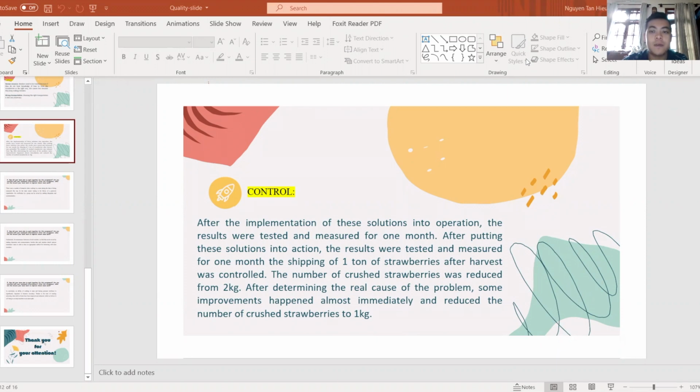The number of crushed strawberries was reduced from 2 kilograms. After determining the real cause of the problem, improvement happened almost immediately and reduced the number of crushed strawberries to 1 kilogram. The indicators changed as follows: defects per million opportunities